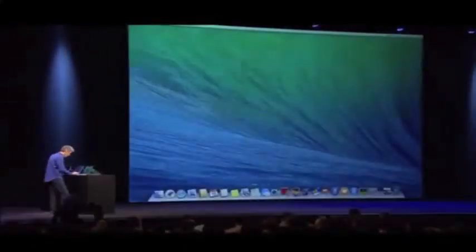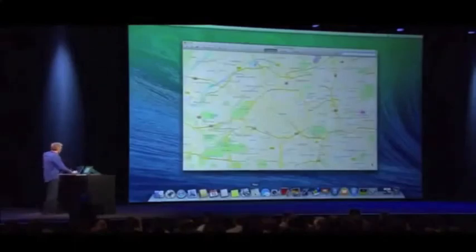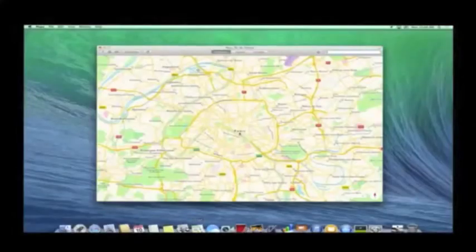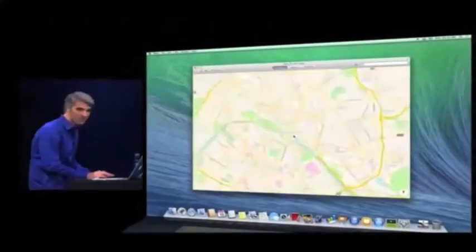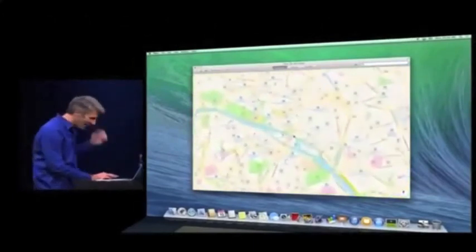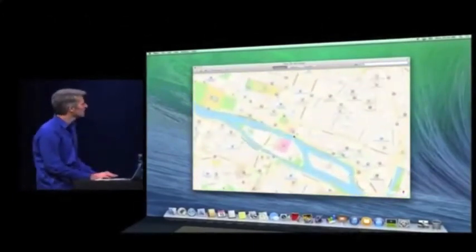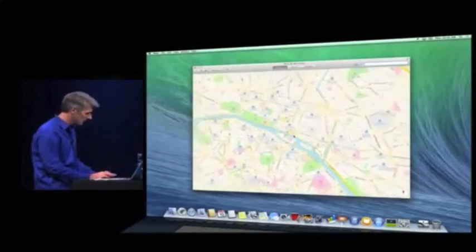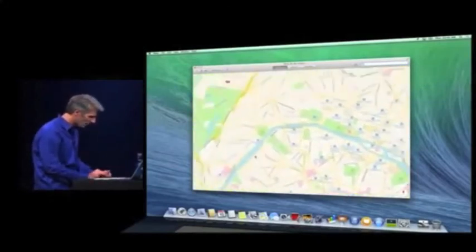So let's start in Maps. So here we are in Paris. You can just zoom in. Do we have someone from Paris there? You can zoom right in. You see it's just so fast and fluid, bringing in points of location. I can pan around the map, find an